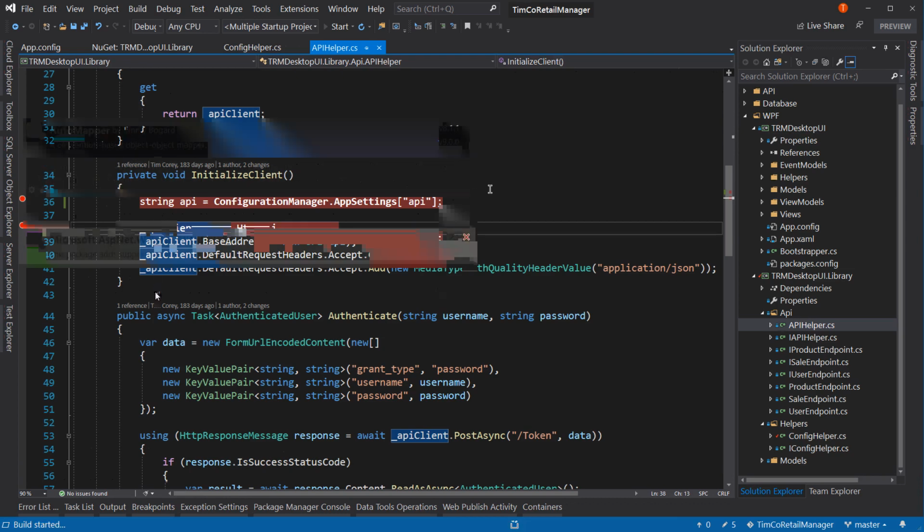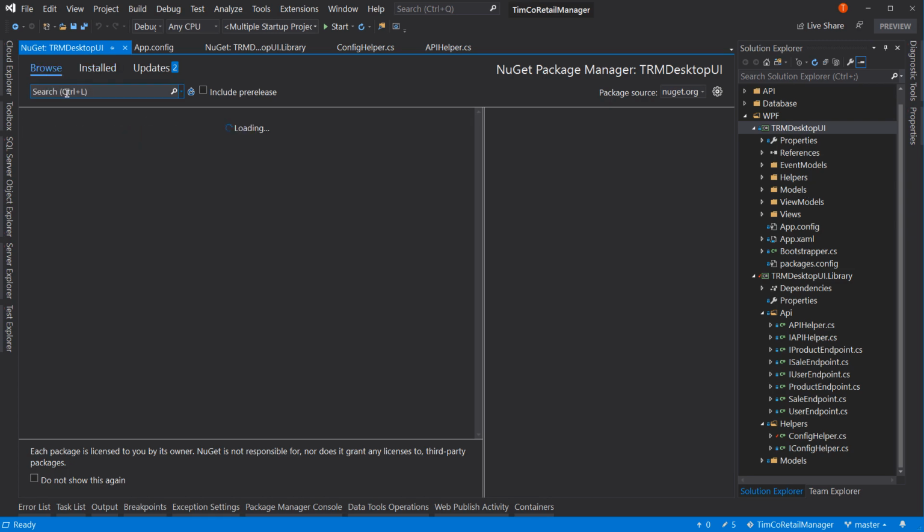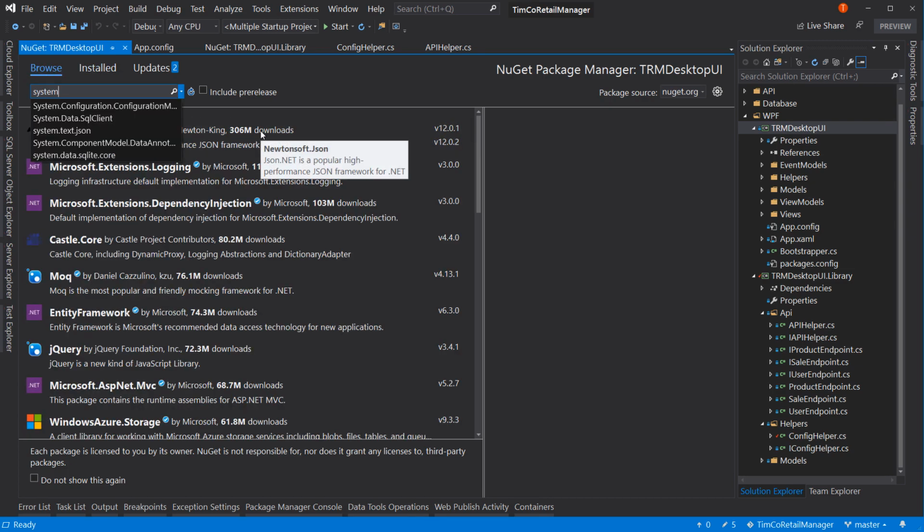There's not a version of the system.configuration.configuration manager installed in our WPF project. We didn't need it because we used the built-in. But let's see if we can install